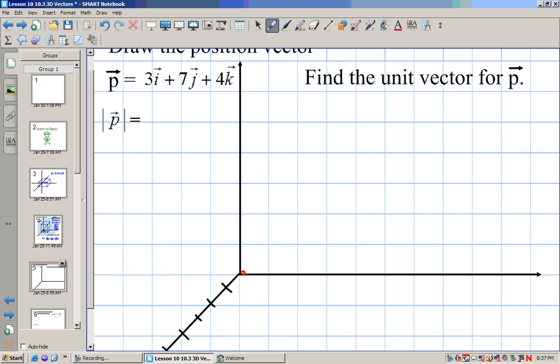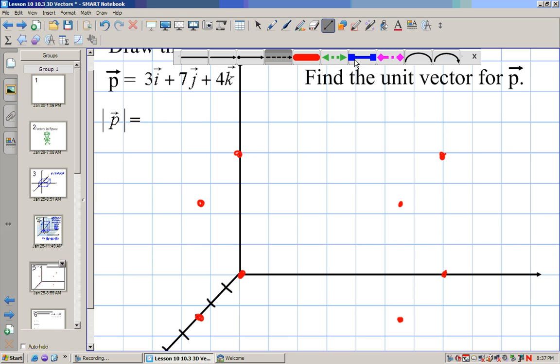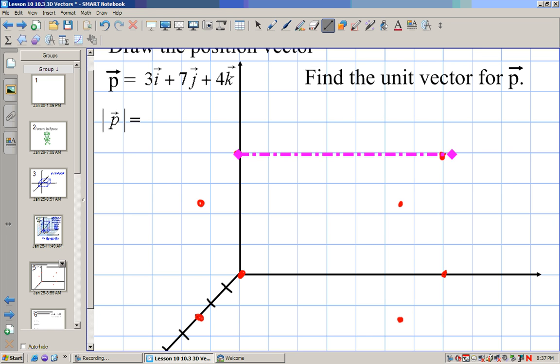Alright, so we start at 0, 0, 0. We go 3 down, 7 to the right, 1, 2, 3, 4, 5, 6, 7. 7 to the right would be right here. And then we move 4 up from each of those points. 1, 2, 3, 4, and then right there. So if I draw my box,